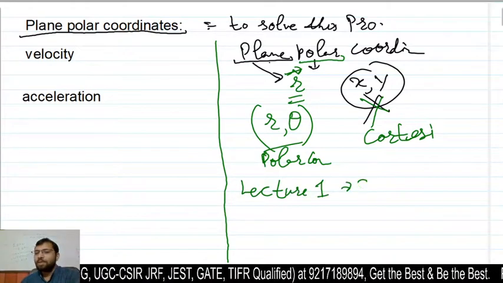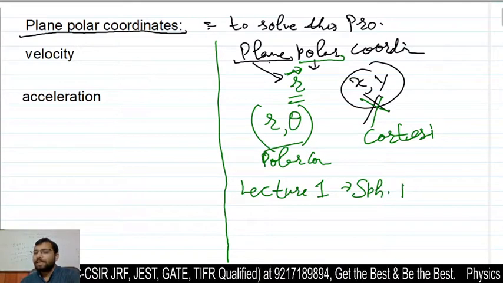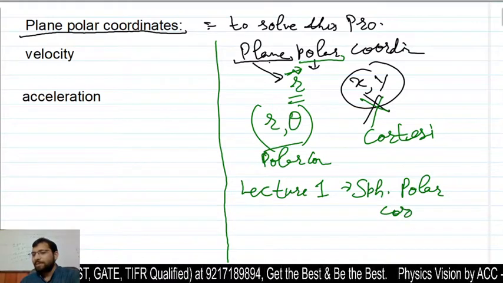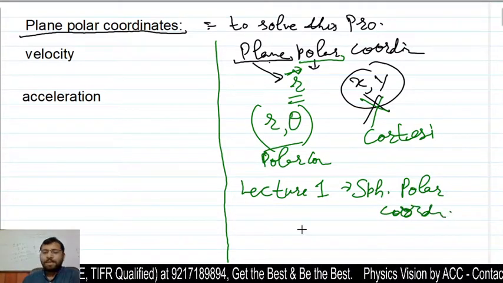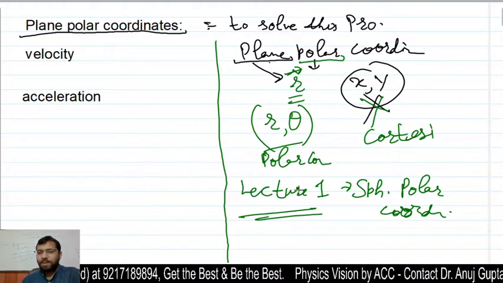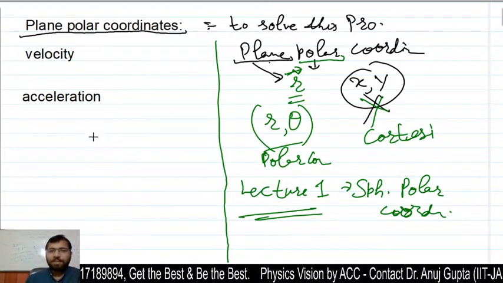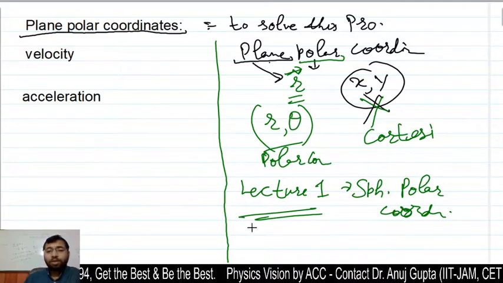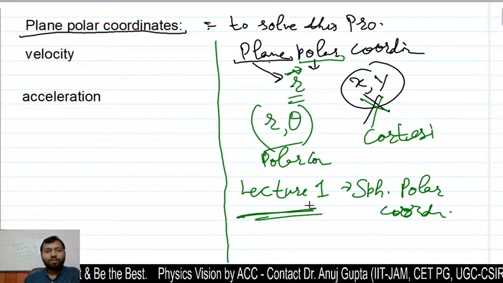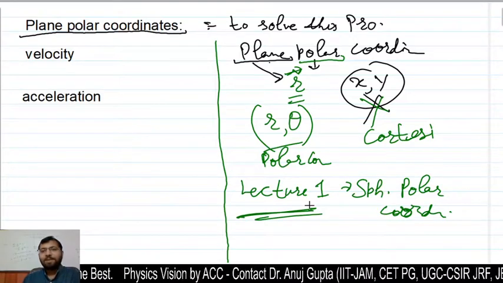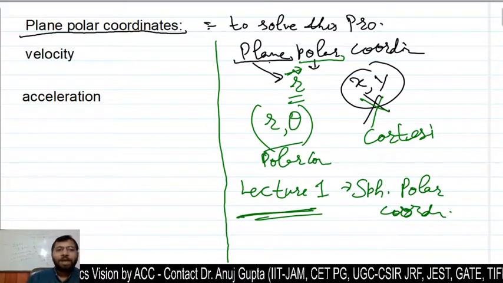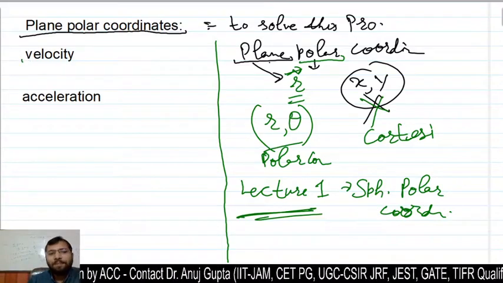आप लेक्चर 1 देख सकते हो, लेक्चर 2 भी देख सकते हो, उसमें स्फेरिकल पोलर कोऑर्डिनेट्स और प्लेन पोलर कोऑर्डिनेट्स सब कुछ डिटेल में समझाया हुआ है। ठीक है, इसका लिंक मैं डिस्क्रिप्शन में भी दे दूंगा, और चैनल पे भी है, आप वहाँ पे सारी वीडियोस देख सकते हो। ओके, तो अगर आपको इसमें दिक्कत है, तो आप आराम से फिर से लेक्चर सुनो, ध्यान से सुनो, और समझ के फिर हम आगे बढ़ते हैं। तो वेलोसिटी, इसमें हमें दो चीजें चाहिए।